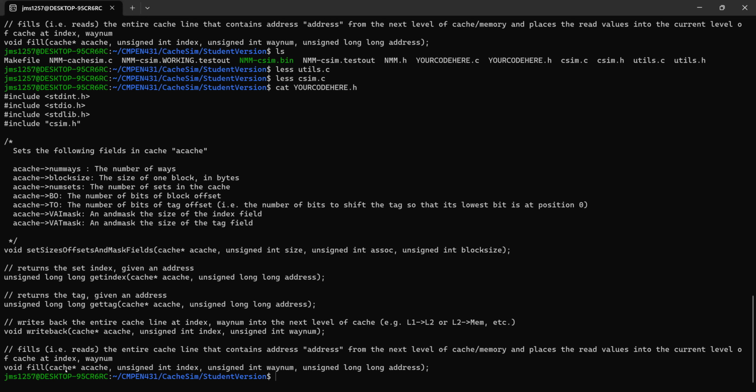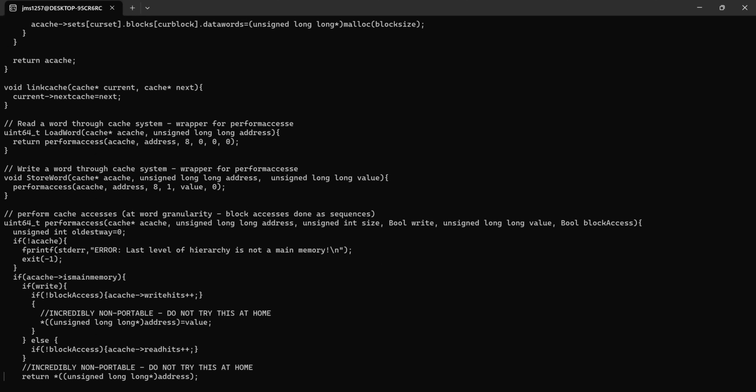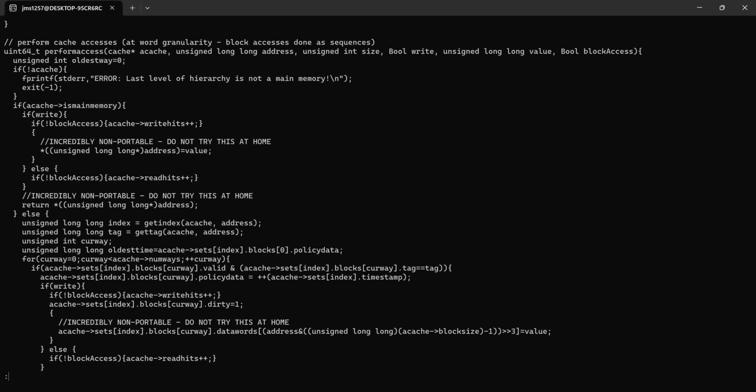And if you're at memory, memory will just return the data. So that's already handled. All you need to do is ask, in your current level of your cache, the next layer to give you the data. But you're not going to have to handle the whole cache hierarchy, because if you take a look at csim.c, and you go look at perform access, you will find that perform access